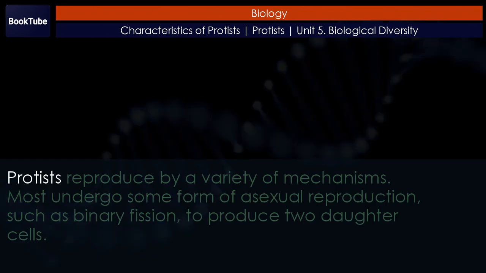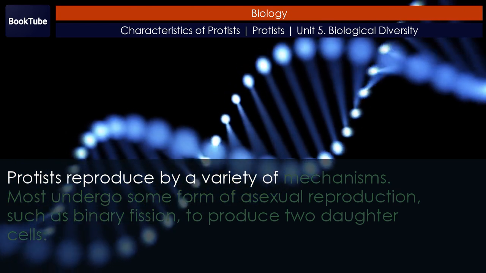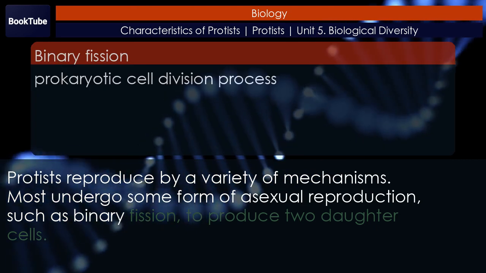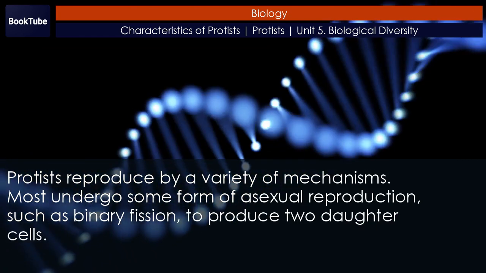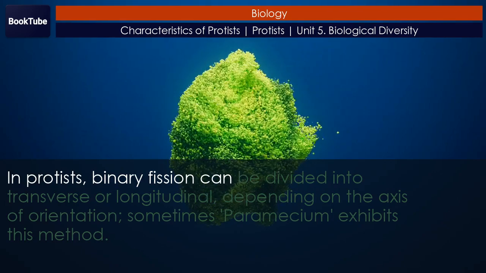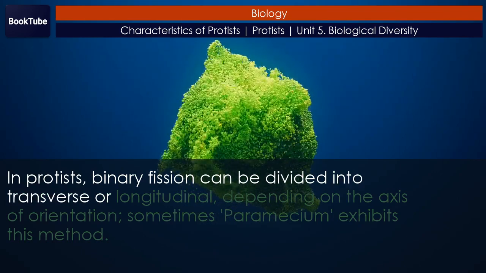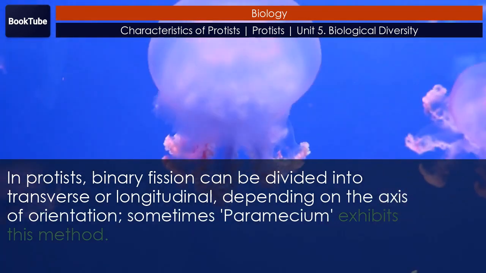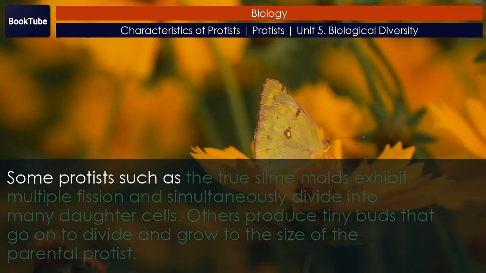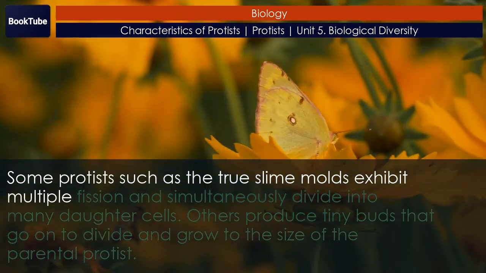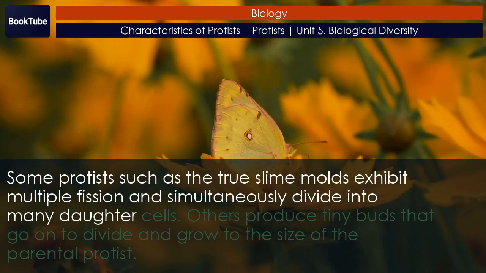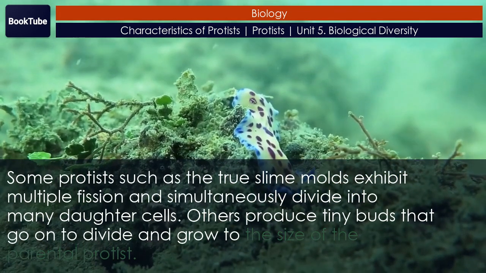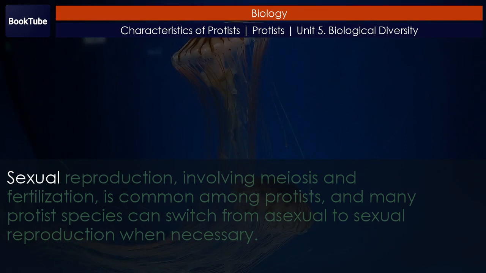Life cycles. Protists reproduce by a variety of mechanisms. Most undergo some form of asexual reproduction, such as binary fission, to produce two daughter cells. In protists, binary fission can be divided into transverse or longitudinal, depending on the axis of orientation. Sometimes paramecium exhibits this method. Some protists such as the true slime molds exhibit multiple fission and simultaneously divide into many daughter cells. Others produce tiny buds that go on to divide and grow to the size of the parental protist. Sexual reproduction,